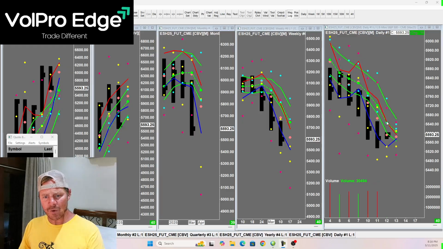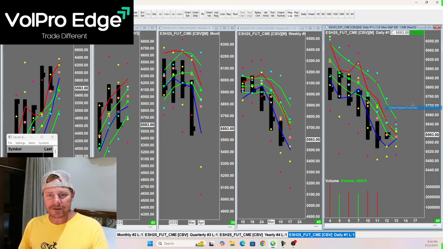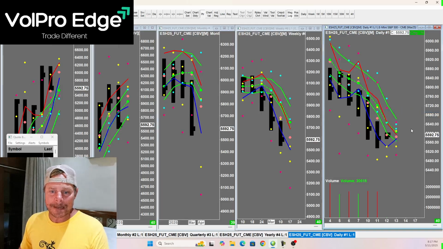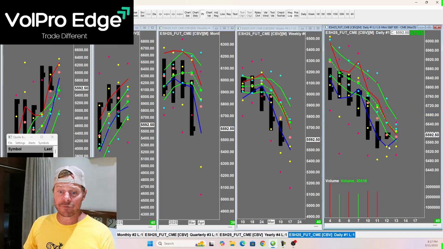Now, what I'm seeing now on ES, that's your key resistance level up there, 57.20-ish, like I said, really right here at 57.10, anywhere up into that 5,700 level. You do have some support starting to form here, right? But I think the weekly is going to want to go for 5,500 by the end of the week. I really do. So I would just continue to look to short rallies. That's my game plan. And I would be very careful getting caught in here.